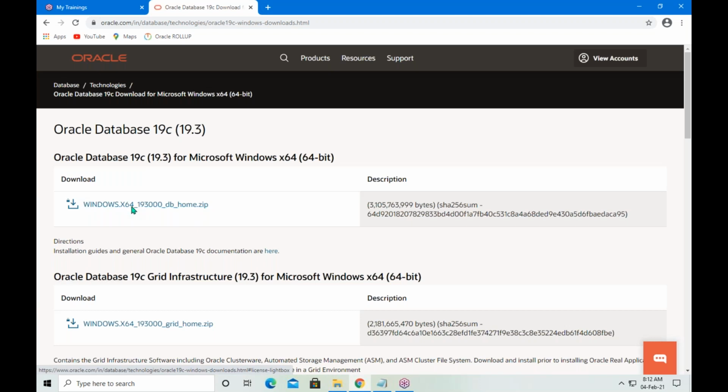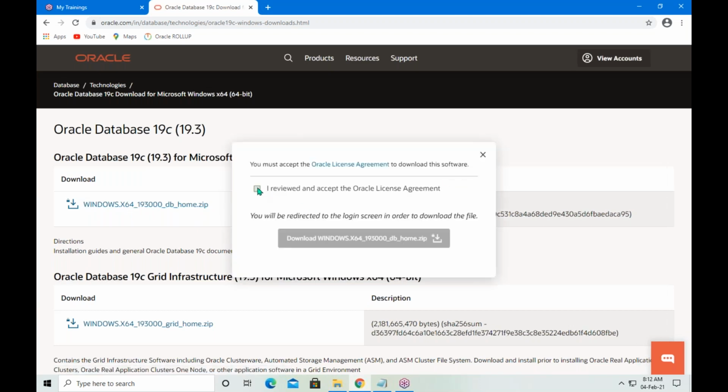Select this first link, then agree the license. I reviewed and accept the Oracle license agreement and hit on download Windows 64-bit something.